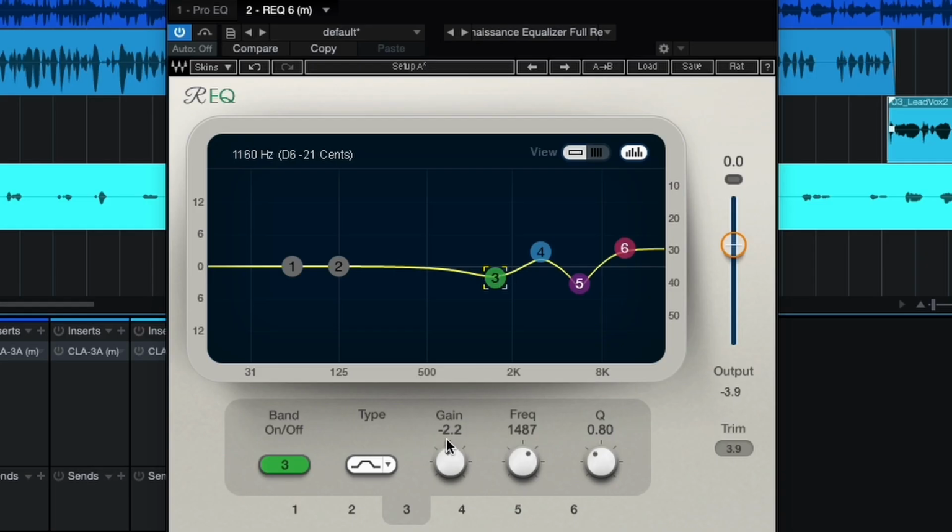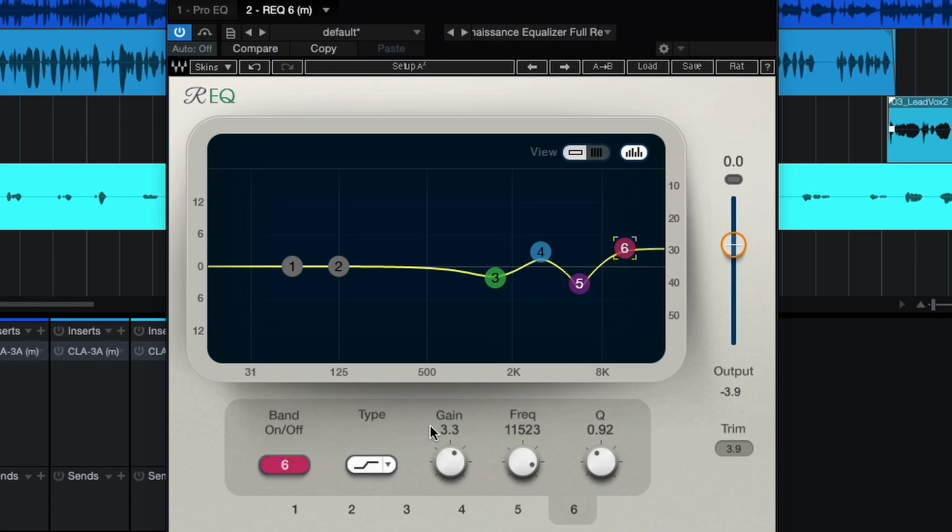I'm quite happy with it. I believe it sounds a bit more crispier now and a bit more clear at the same time. So this 3rd band, minus 2.2, 4th 2.7, I liked it, I left it like that. 5th band, minus 3.3, because I could hear that I can go that much, as simple as that, without influencing the overall sound too much. And then 6th band, 3.3, just because I felt that in the first EQ I reduced maybe a bit more than I should have, and instead of going there and modify that, I just did it here.